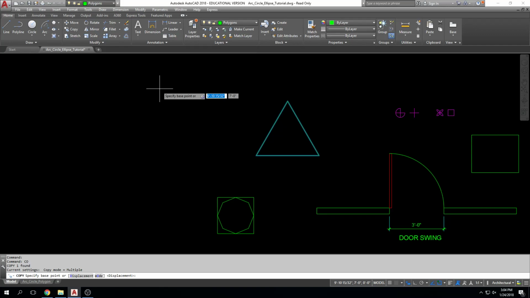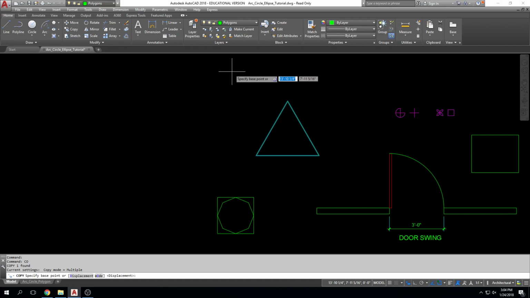tell me how many you want to copy and how far apart they are, essentially, right? The copy command is a continuing command, so it will continue to copy one object, and it will continue the command until you tell it to stop, right? So it doesn't just do one and then stop, and you have to reinitiate the command and do it again, right? It just continues on. So I look down at my command line. What's the next thing I'm going to do? Specify a base point, okay? A base point is just a stationary point in space that will allow you to enter a dimension from it,